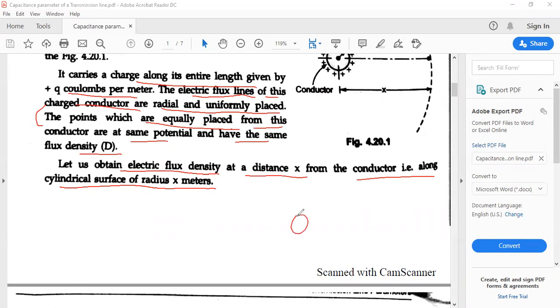So what I told you now, here you have a charged conductor being present there. Due to this charged conductor, you will be having a cylindrical surface. That's what it is told here. So you are having a cylindrical surface into consideration. So using that charge, which is having a radius of x meters, assuming it as a center point,